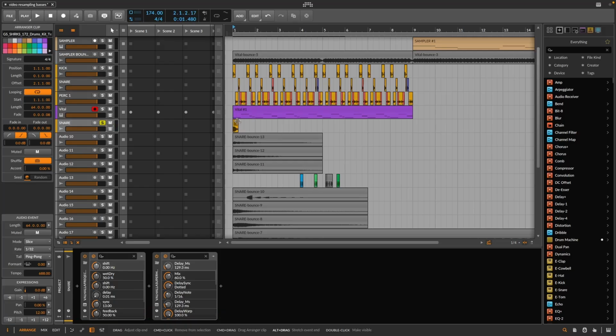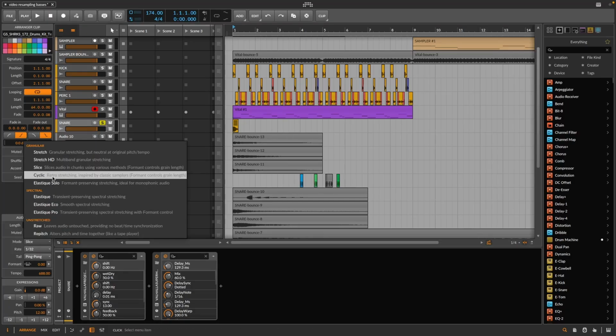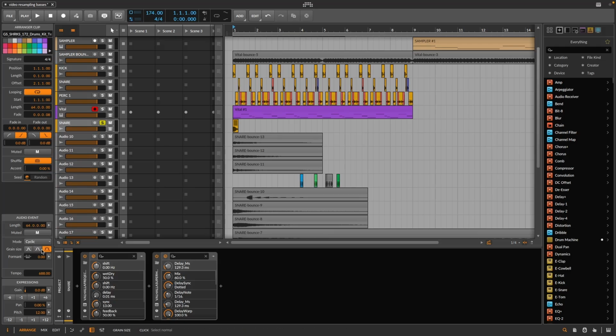And then remember, we could stretch this out even further. We get some cool little things like that. So playing around with these, as you can see, can be really cool. And we can also use this in a kind of percussive way as well. So if we go back to like cyclic mode, for example,